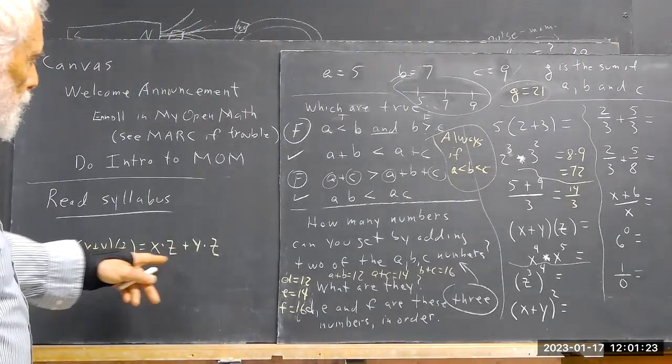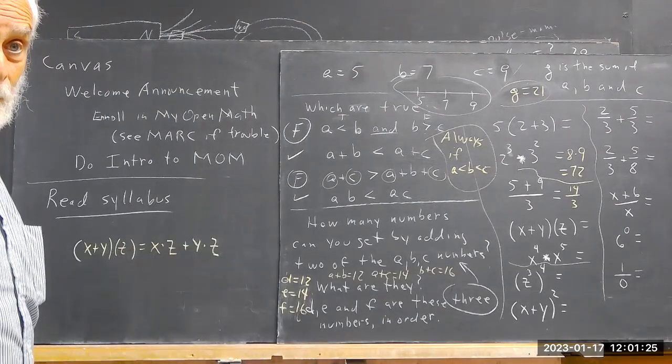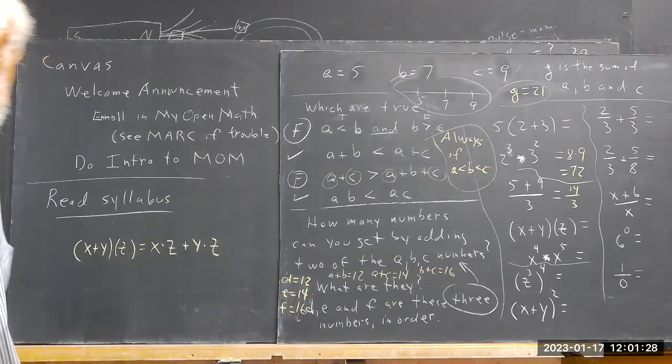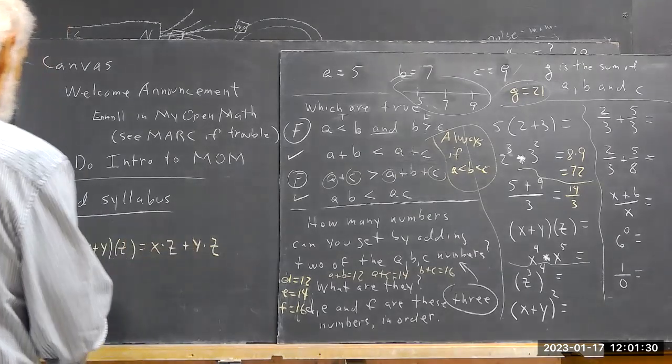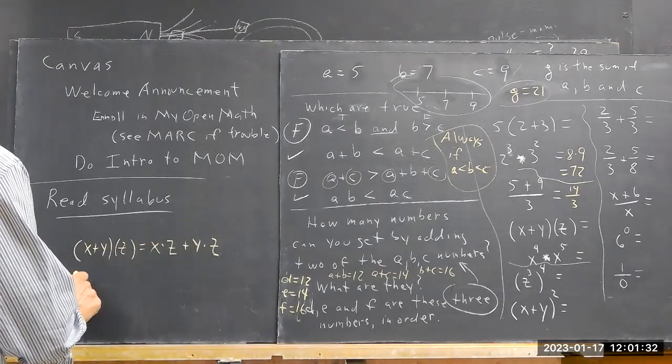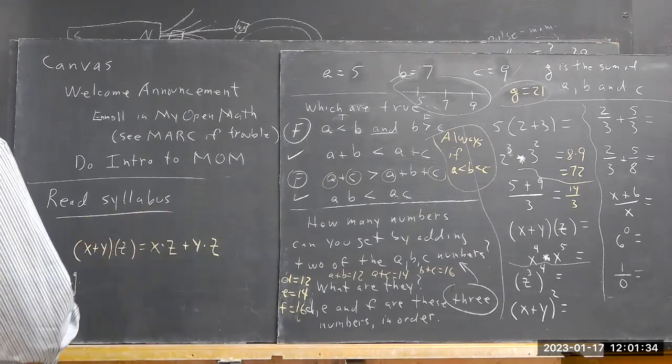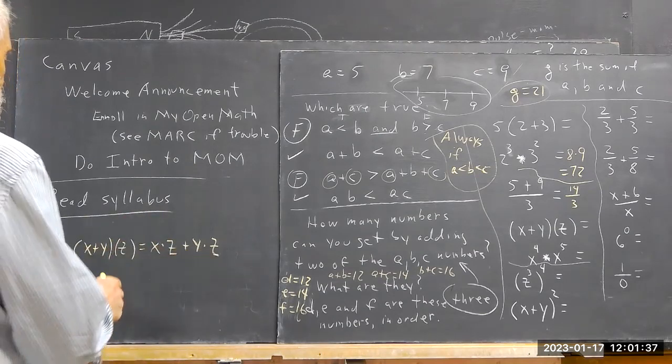X plus y times z is x times z plus y times z. Well, we could test that. E.G. means ergo, therefore,